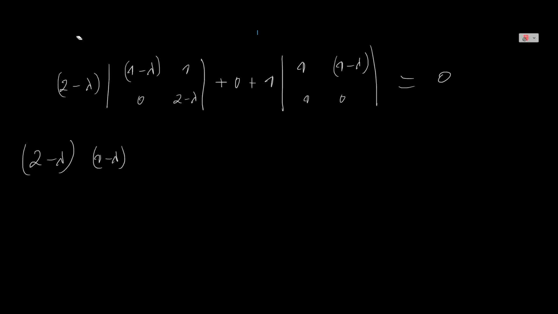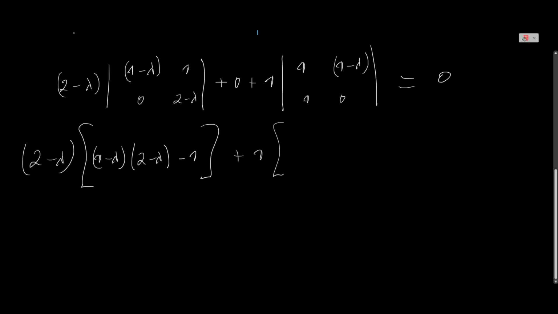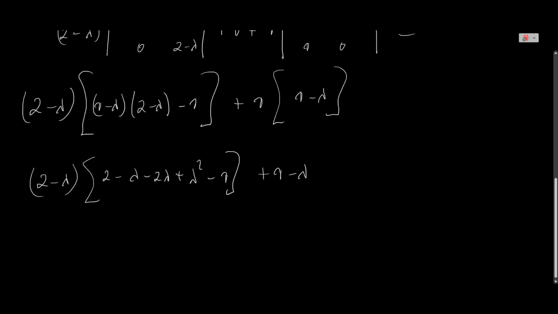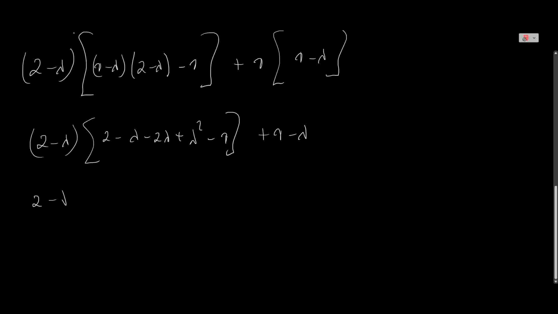So I will change this bracket here to be something like this, 2 minus lambda, so minus 1, so plus 1 into, so this will be 0, minus 1 minus lambda. So we are going to have that, and if we expand this, we're going to have 2 minus lambda into 2 minus lambda minus 2 lambda plus lambda squared minus 1, then plus 1 minus lambda, plus 1 minus lambda. So we're going to have 2 minus lambda into 2, so if we simplify this, we're going